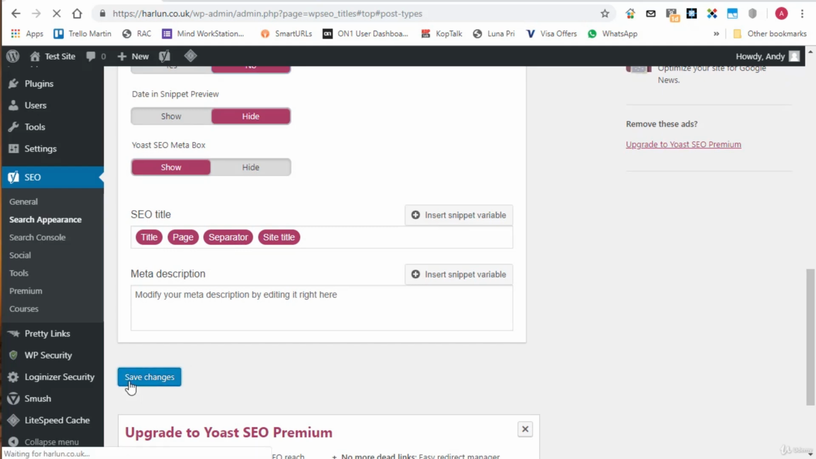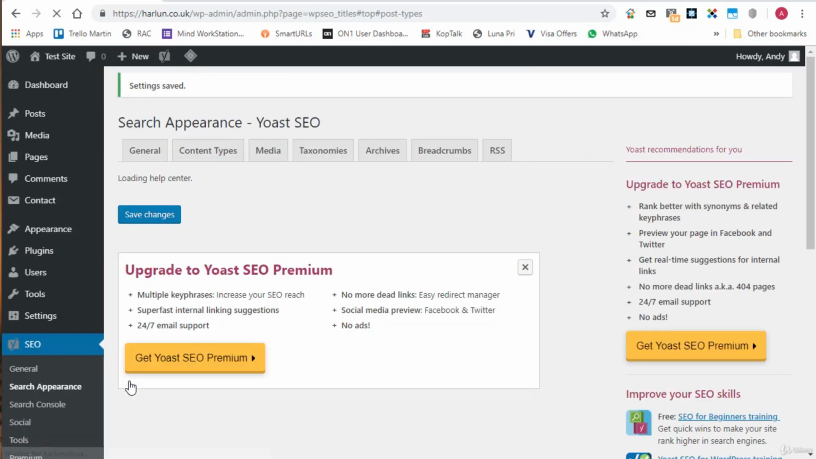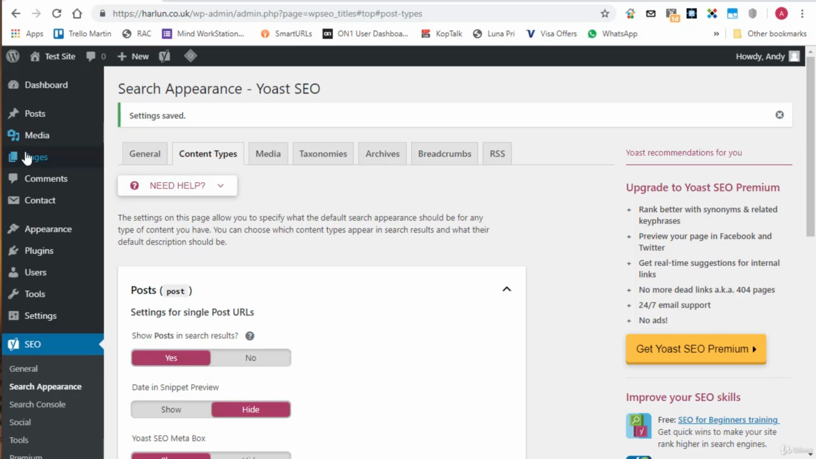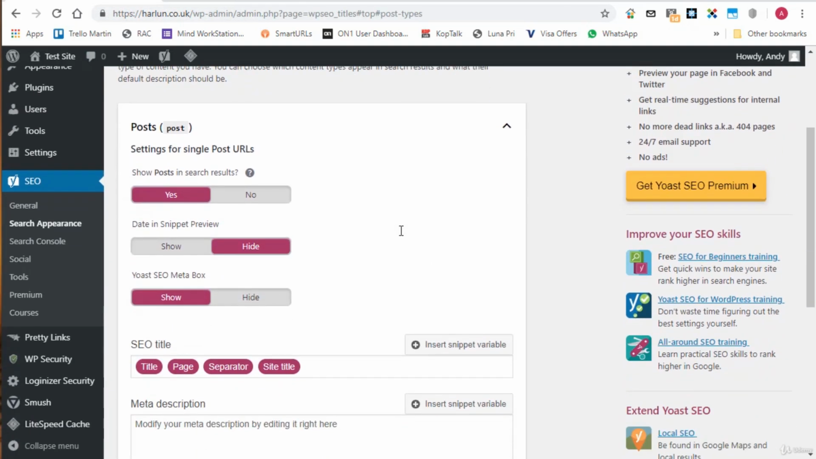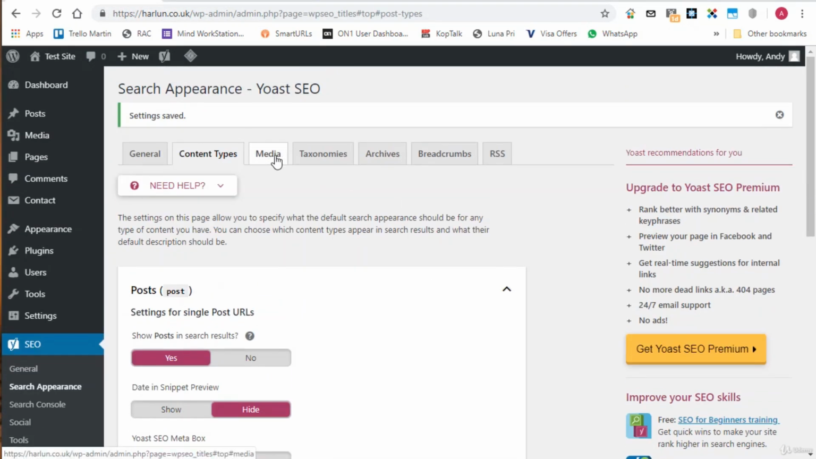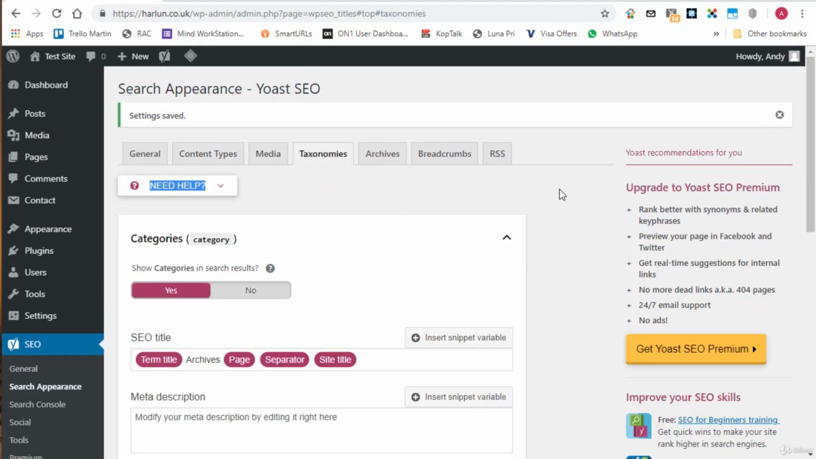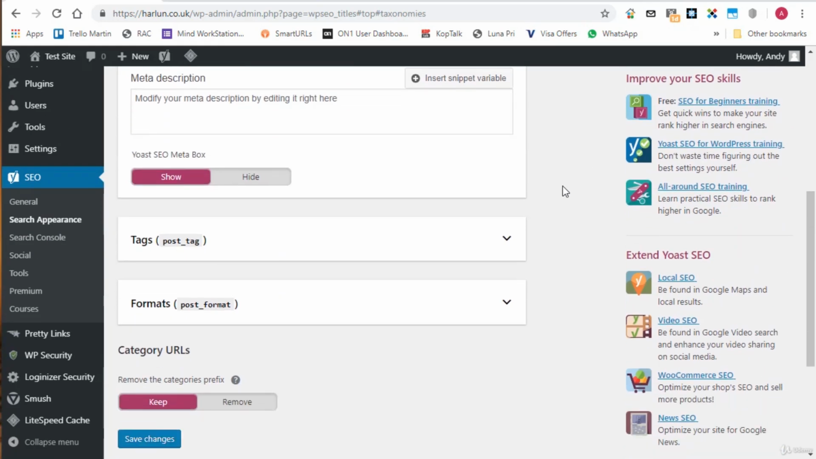The thing is, if there is a page that we do want to include in the search results, then we can override this setting from the Yoast SEO plugin by going into individual page settings, and we'll see that shortly. So I've now effectively turned pages off on my sitemap, and if I refresh, you see the pages sitemap has now disappeared. If we go over onto the taxonomies, we can decide whether to include the categories and tags in